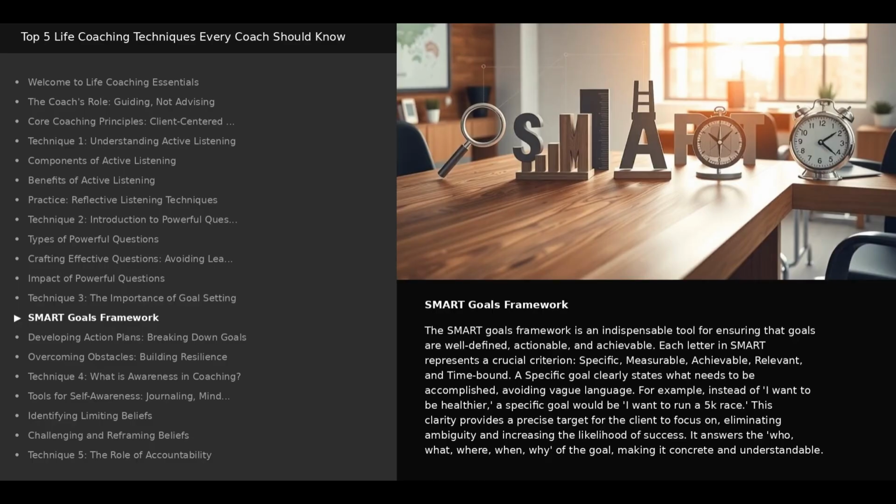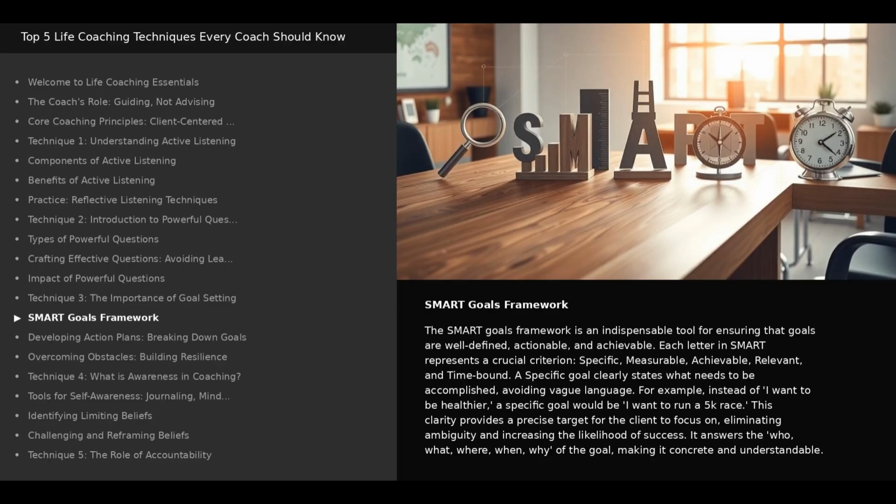SMART Goals Framework. The SMART Goals Framework is an indispensable tool for ensuring that goals are well-defined, actionable, and achievable. Each letter in SMART represents a crucial criterion: specific, measurable, achievable, relevant, and time-bound. A specific goal clearly states what needs to be accomplished, avoiding vague language. For example, instead of "I want to be healthier," a specific goal would be "I want to run a